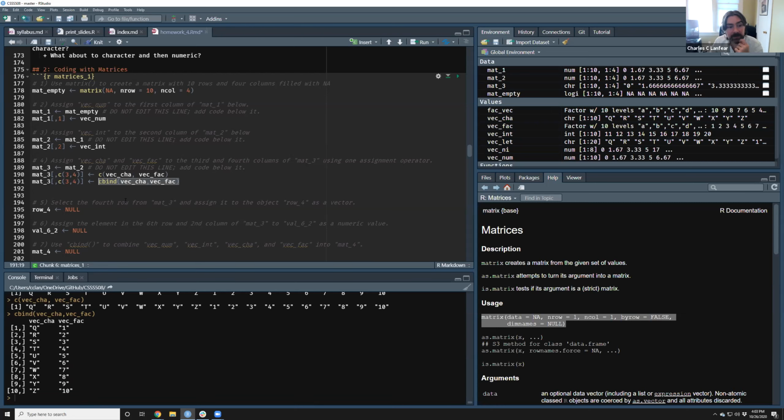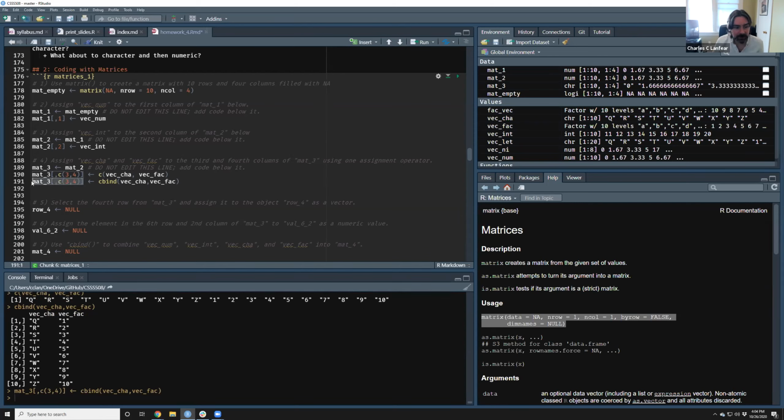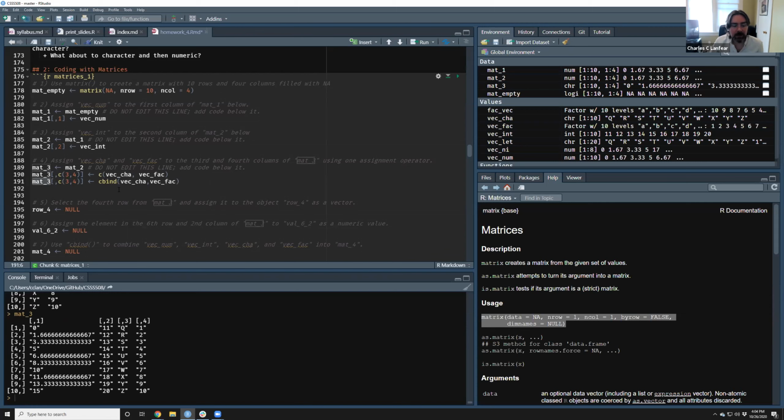So cbind says take this and make it a column, and take this and make it a column, put them together into one matrix. Now, if I assign this to columns 3 and 4, we also get the exact same result, but it might be slightly more intuitive because this is two columns of a matrix going into something that's exactly the same shape, but either one will work just fine.